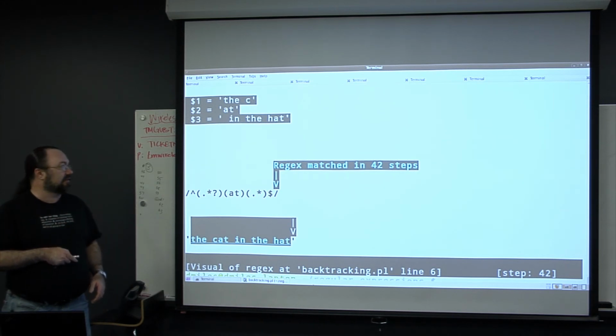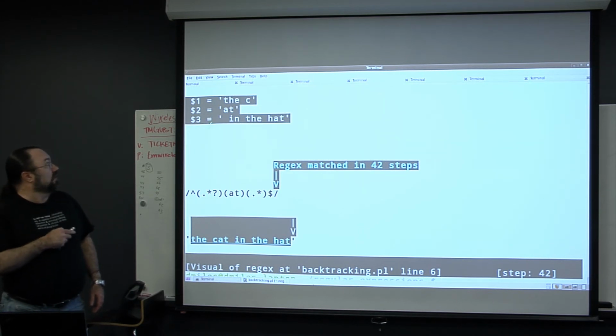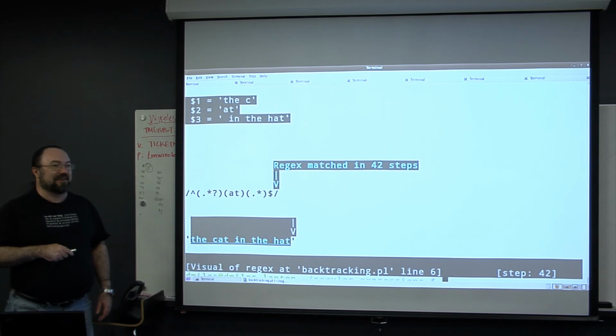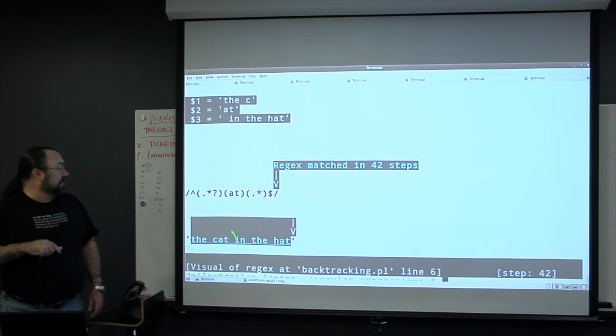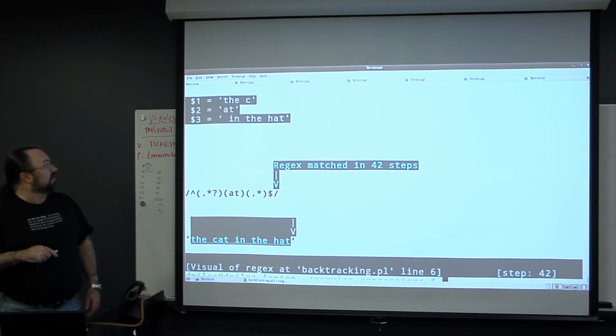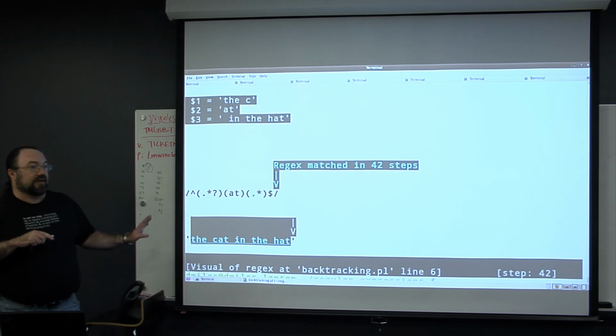Like it was capitalized. So how many dollars would you get then? Would it be 4? How many capture pieces would you get? It depends on how many ats there are. If you had 100 ats in there, you would have 100 variables. Right, but there would be 4 instead of 3, right? If you wanted to match the at, there should only be 2. No, there's only two ats, 2 in this example because we've got one at there. I know, but you still have $1 plus C, and then you still have the H, right? Well, you're talking about if you leave this part. Yeah, if you just take off the dollar and put the G.